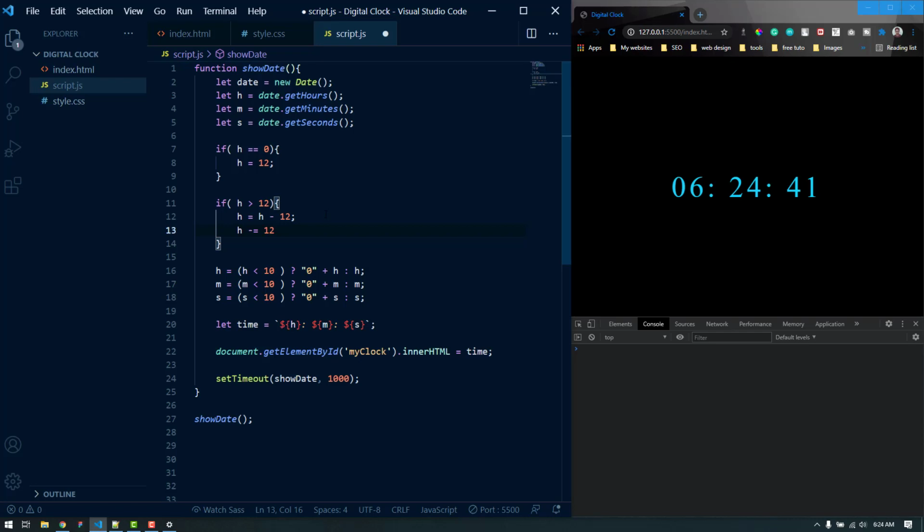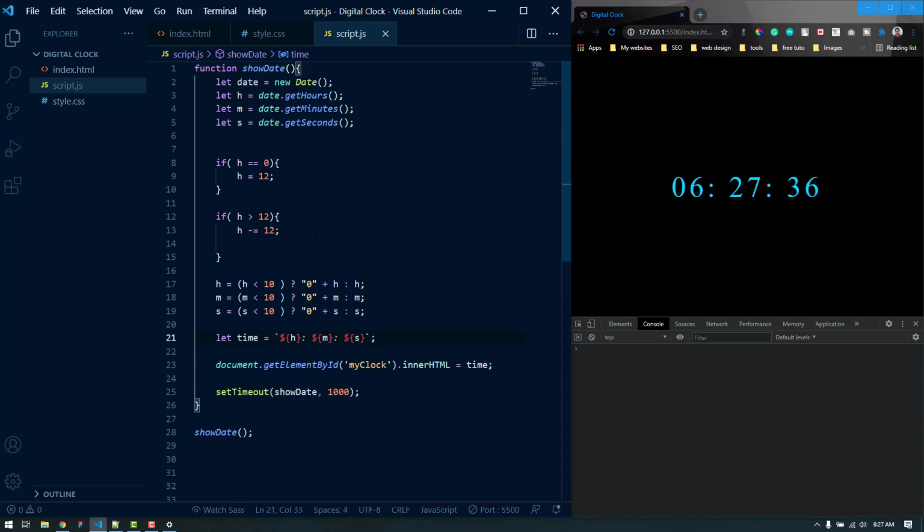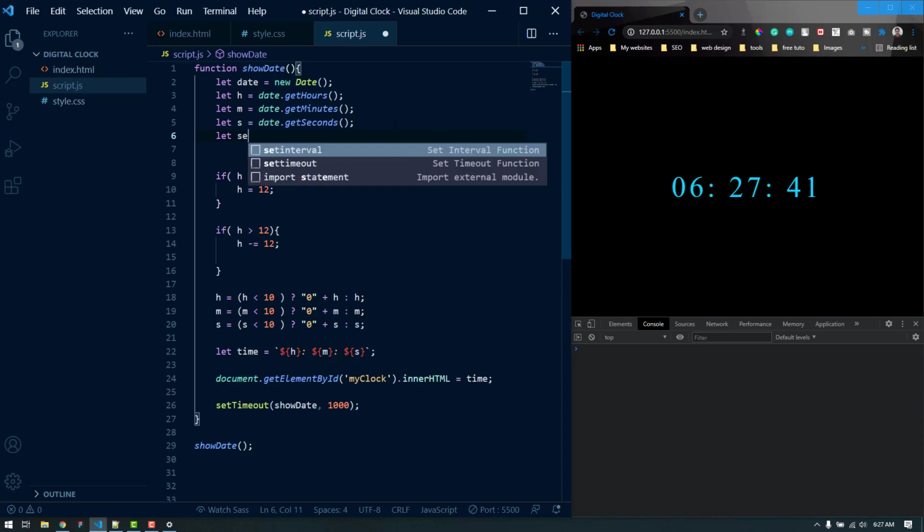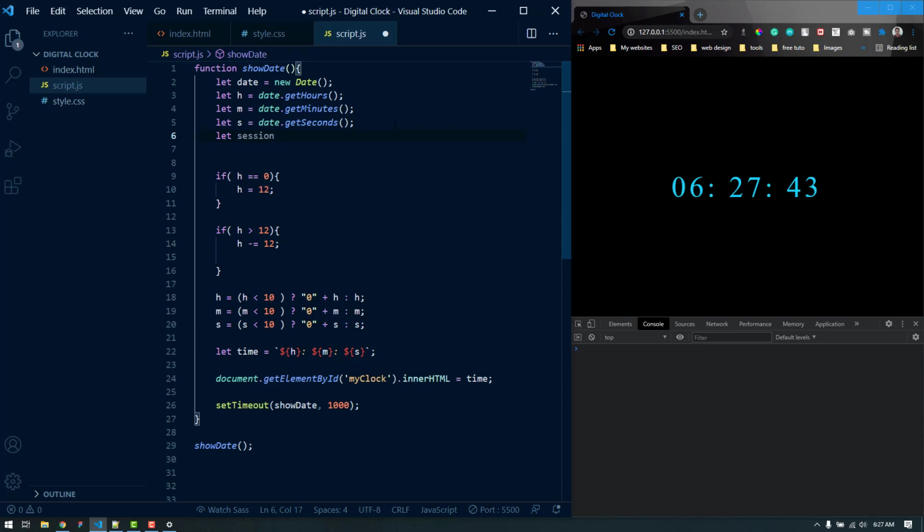These two have the same functionality. It means it also minus 12 from the hour. So we can remove it. We are going to create a new variable named session. Let's do that. Let session, and we can actually keep it empty, but in that case suppose in here we are just going to display the PM. So let's try session,